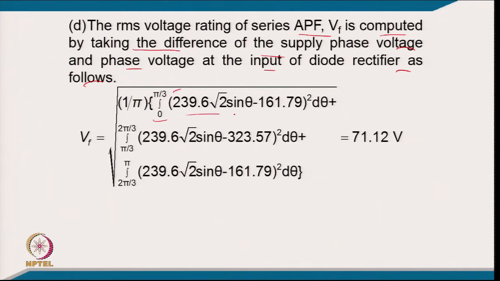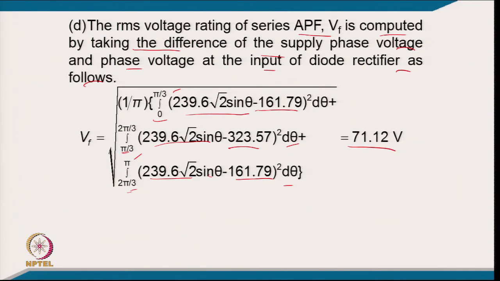So, it is 0 to pi by 3, the sine wave of 239.6 into root 2 sin theta minus the VDC by 3 that we calculated, squared d theta; second segment, pi by 3 to 2 pi by 3, again the sine wave of 239.6 into root 2 sin theta minus 2 VDC by 3, that is 323.57, squared d theta; plus the third segment, 2 pi by 3 to pi, 239.6 into root 2 sin theta minus VDC by 3, that comes 161.79, squared d theta. So, after putting in all the values and solving it, it comes